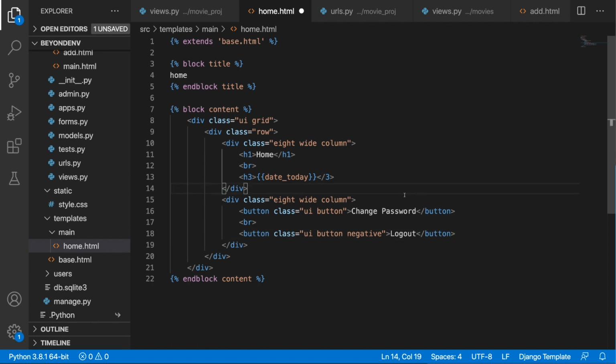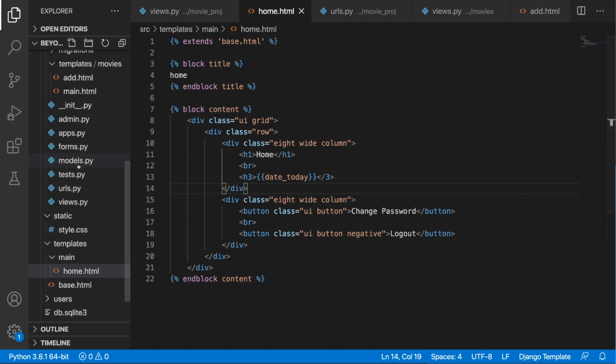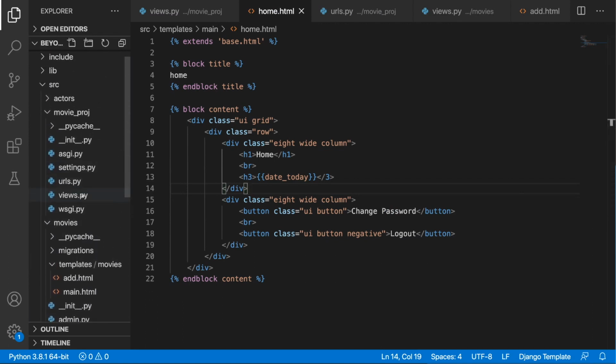Okay, so now if we save it, go to the browser. This is where we left off the last time. Hit refresh, and here is our home, and here is our date today, and here are our buttons. So we won't worry about the styling, at least not at this moment. But yeah, you can see that we have two columns, probably from here to here, and then from here to here. And let's leave it like this for now and jump into Visual Studio Code inside of our views PY